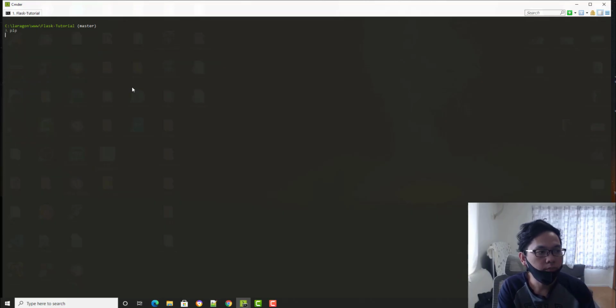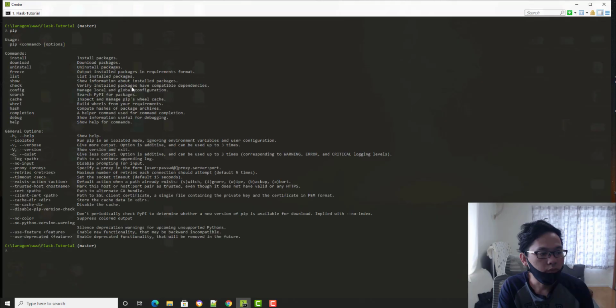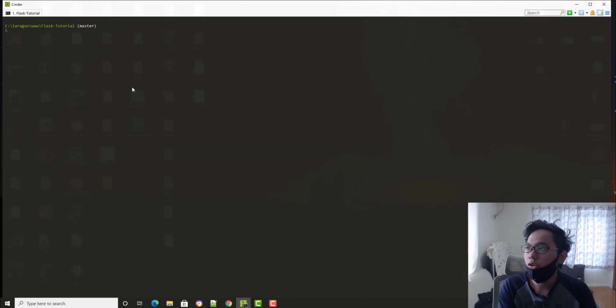And pip is already installed, so you need to install the virtual environment. So pip install virtualenv, something like that.